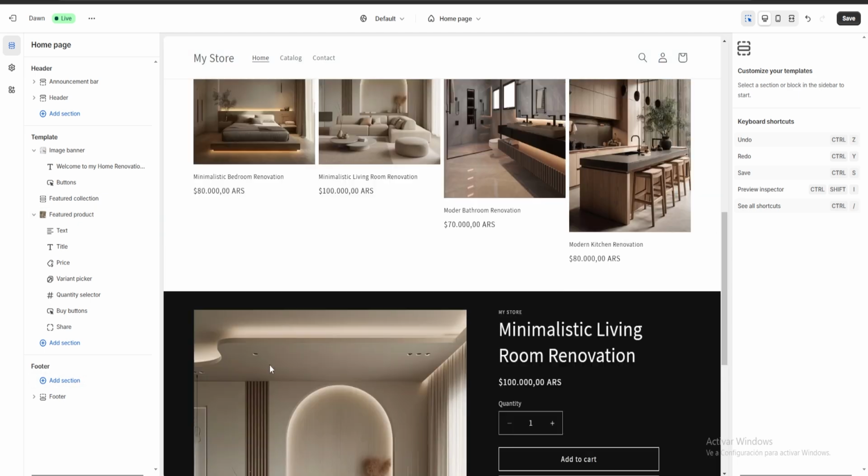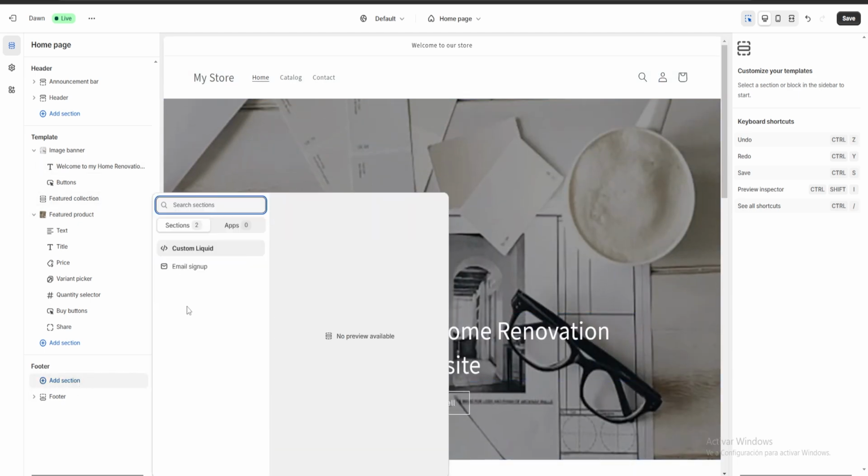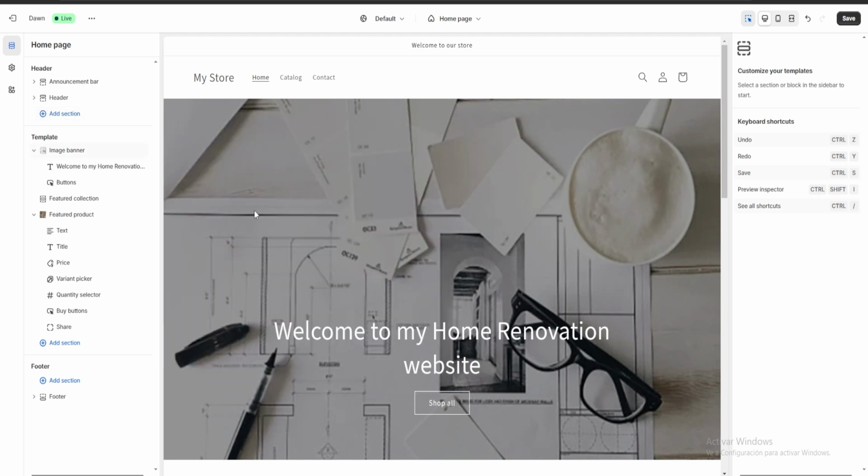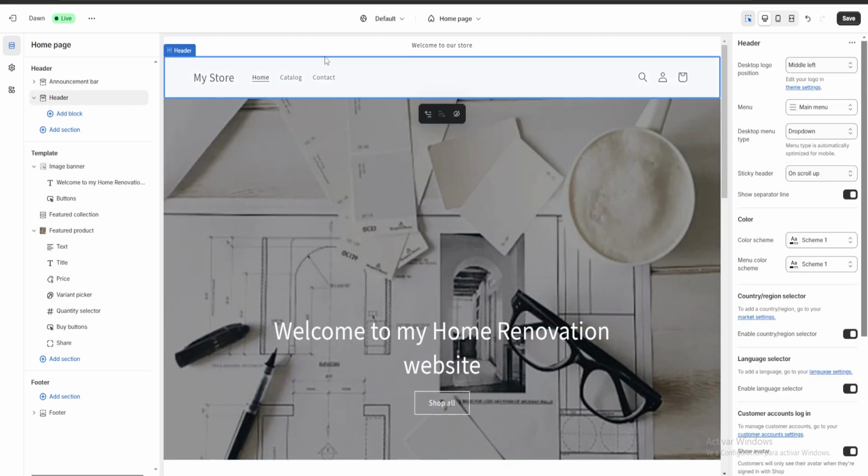Now there are a lot of other things we can do. For example, we can add a section to our footer. We can add here an email sign up or a custom liquid, and the same goes for our header. Here we can add a custom liquid or an announcement bar. Another very important thing about our header is going to be that right over here our store's name is going to be displayed. For example, here it says my store, and in order to change it we're going to save